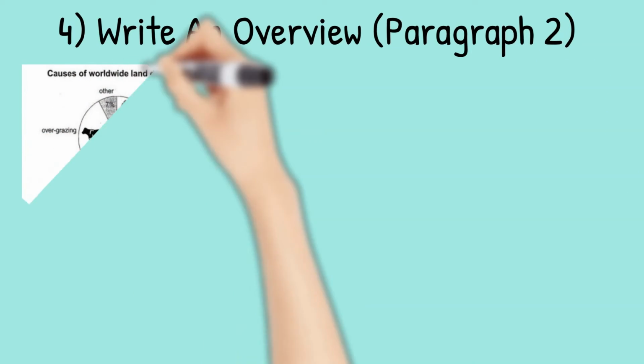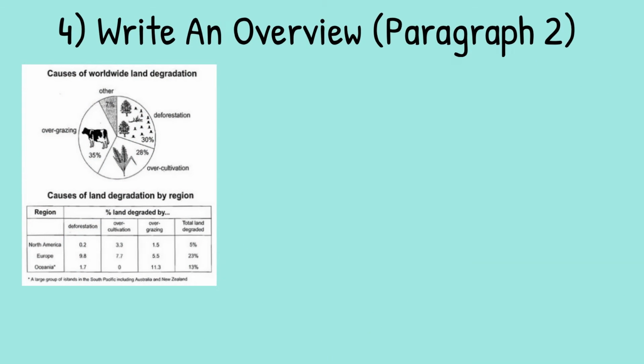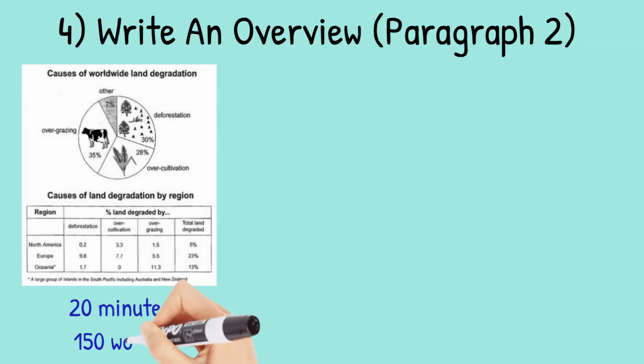In the second paragraph, you should report the main features you have identified, giving only general information. The detail comes in later in the essay. However, with just 20 minutes allowed for task 1 and a requirement of only 150 words, you won't be able to include many details. Here are the features we picked out above.